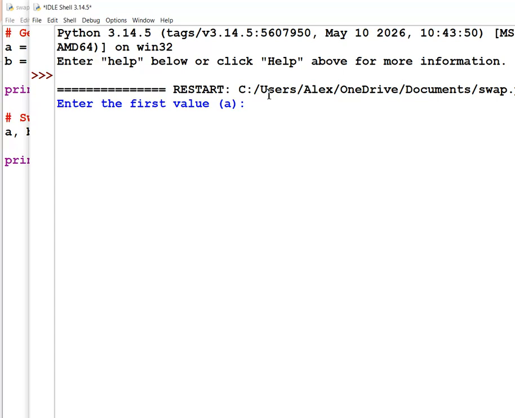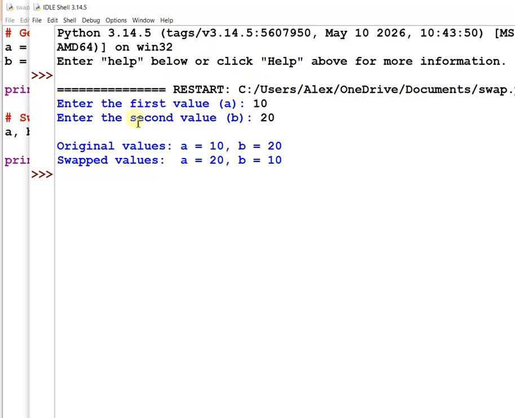For example, if I'm typing 10 and the second number I'm typing 20, let's see what happened. Now you can see original value A is equal to 10. So what was the main reason to use the curly braces?